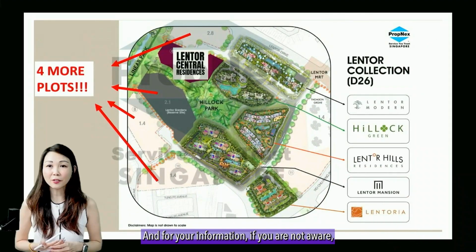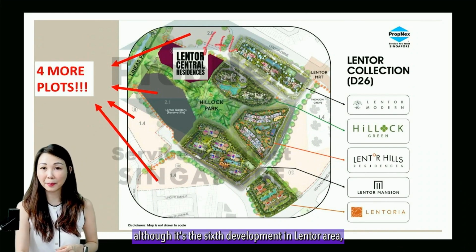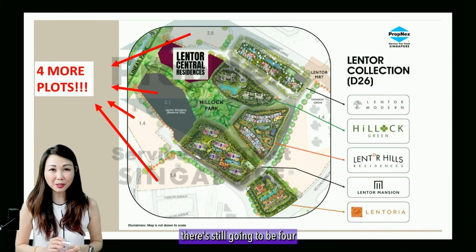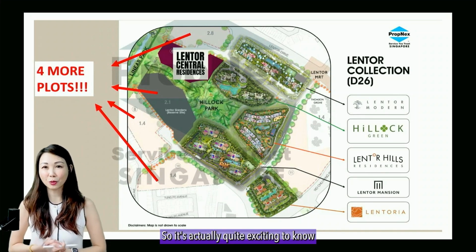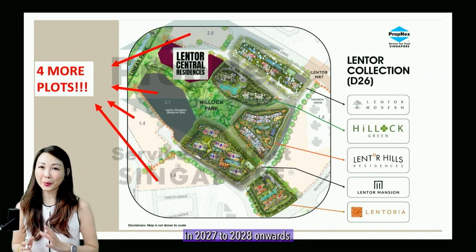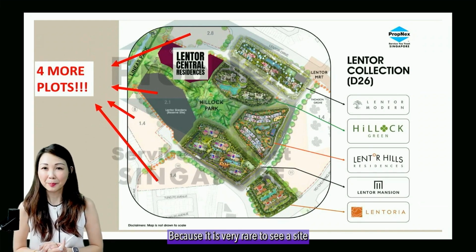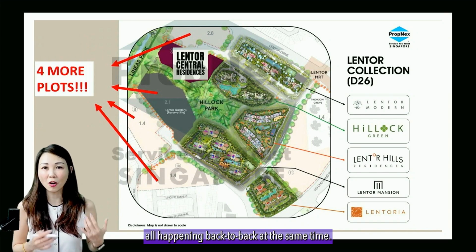And for your information, if you are not aware, for Lentor Central alone, although it's the 6th development in Lentor area, there's still going to be 4 more plots that are coming up. So it's actually quite exciting to know how Lentor will be in the near future, in 2027 to 2028 onwards. Because it is very rare to see a site with so many new launches all happening back to back